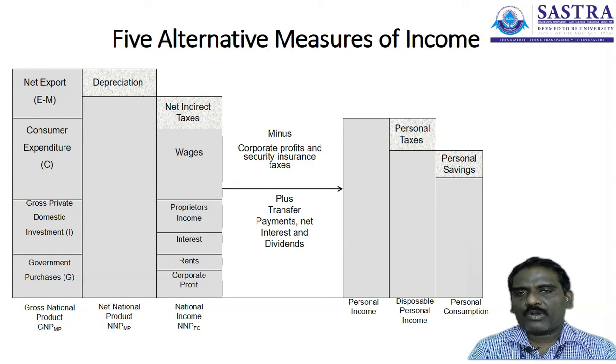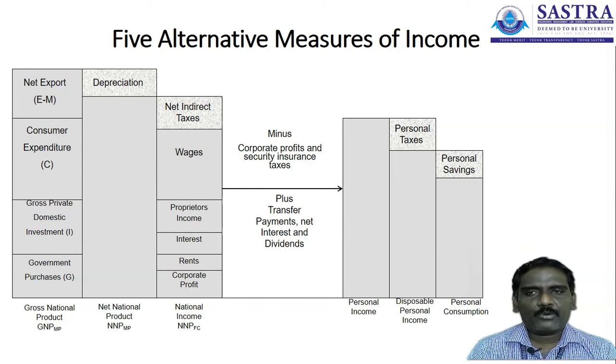So what are the important components of the gross national product at the market price? That together includes government purchases or government spending, the gross private domestic investment towards investment expenditure, and the consumption expenditure, and we add the net export. It means export minus import. Together we have calculated the overall value of goods and services produced in a particular country.